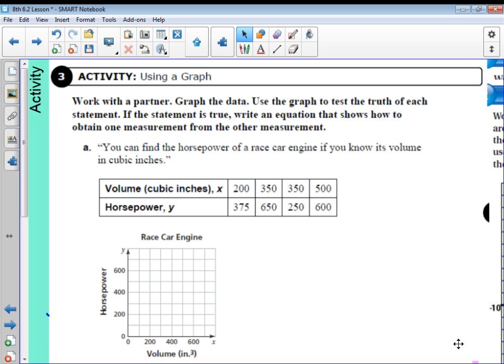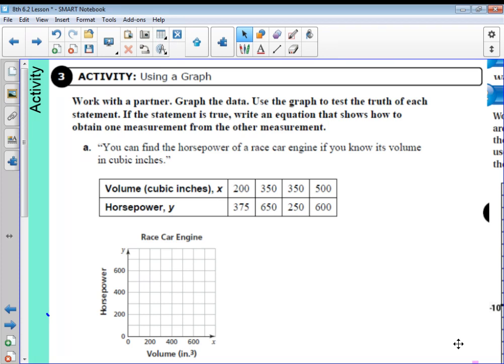Okay, this is our 6.2 activity 3. So here it says we are going to graph the data that is given. We're going to use the graph to test the truth of each statement. If the statement is true, we're going to write an equation that will go with that to obtain one measurement